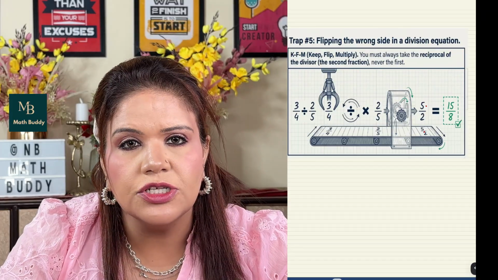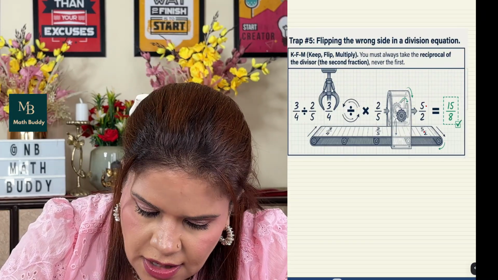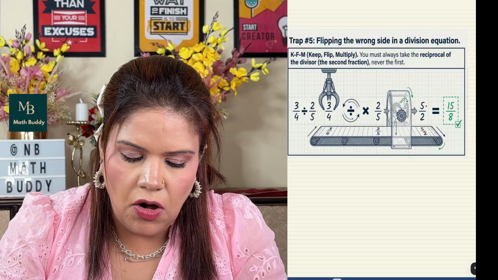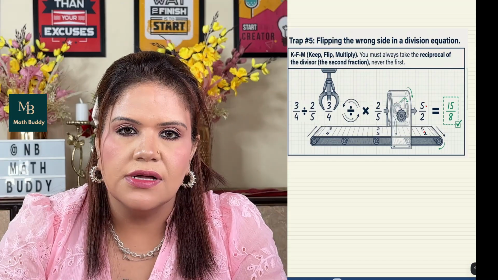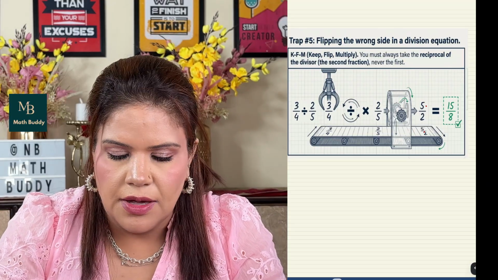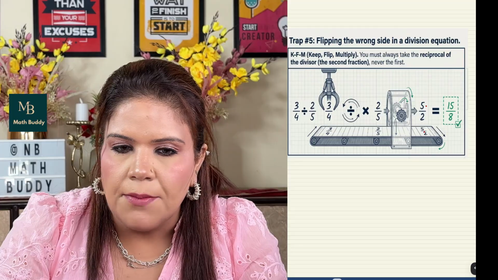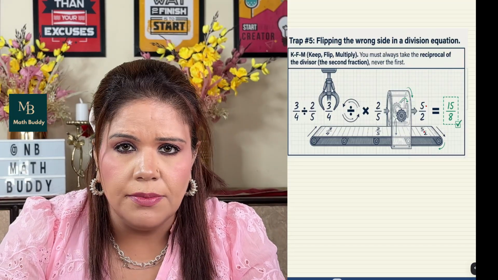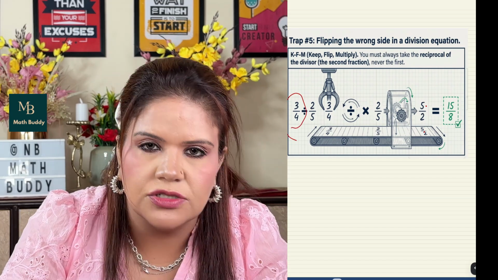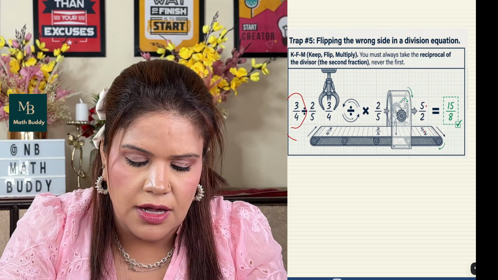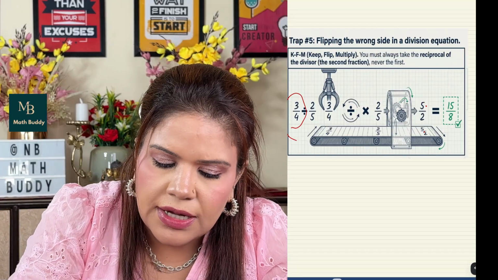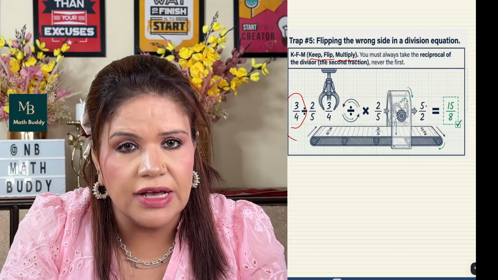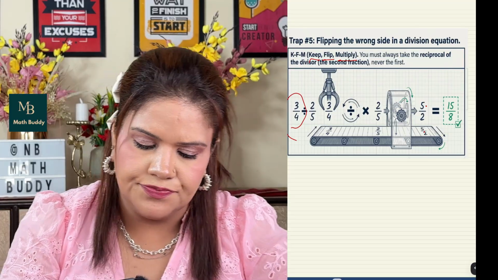Now I'm coming to the division mistakes which students make. I had been teaching them this method of dividing fractions, where you have to flip the numbers. But when the students do it on paper, they again get trapped. They flip the first fraction. Now you have to keep this in mind. Here I am showing you keep, flip, multiply. This is not rote memorization. I will also explain why we are doing this.